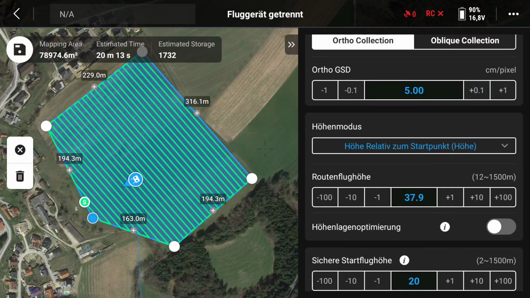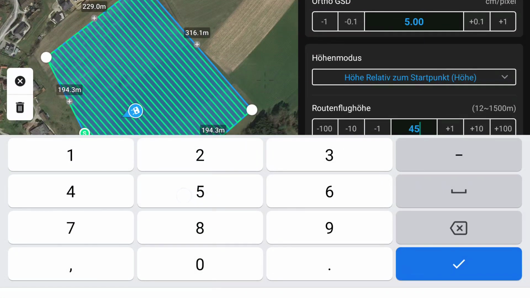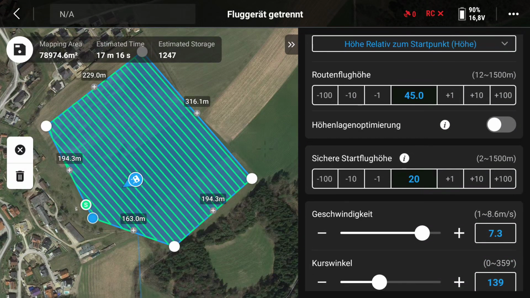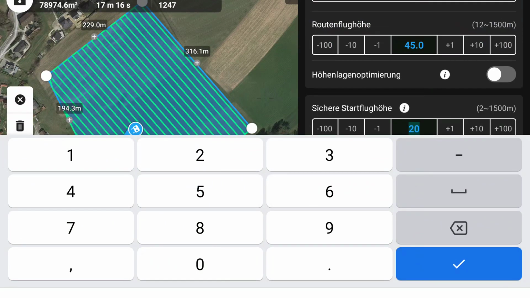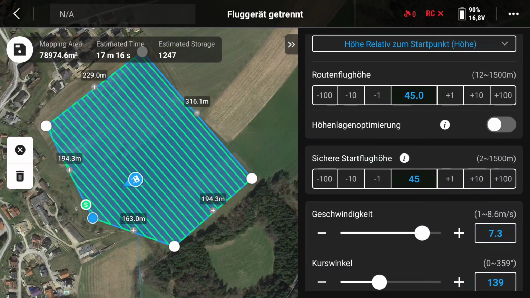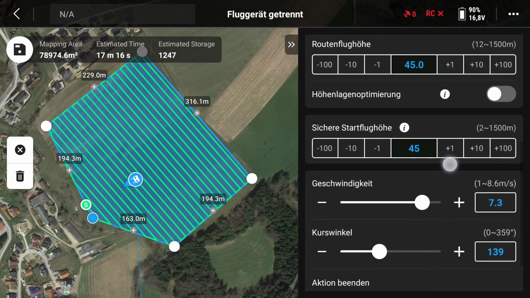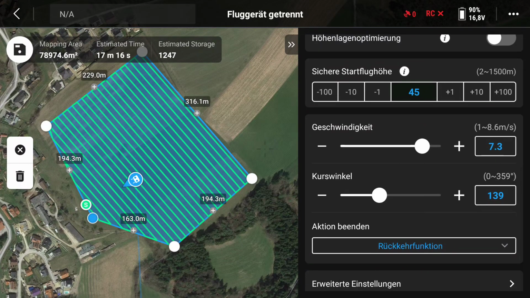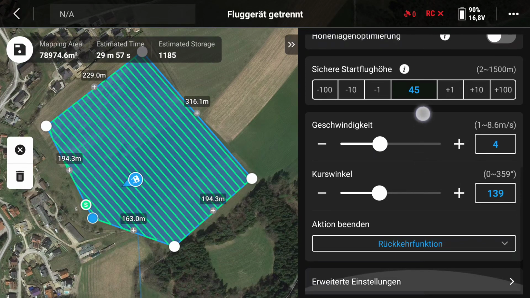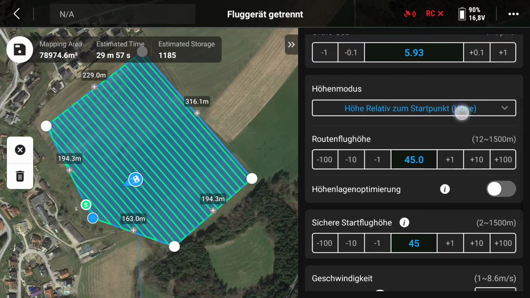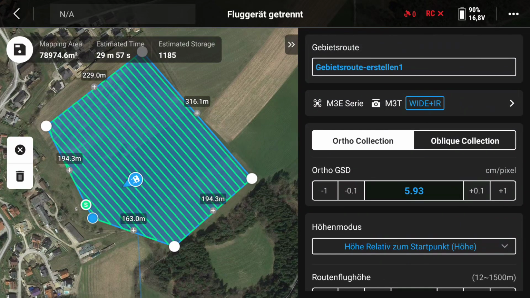Regardless, let's continue. I'm going to just set my usual flight height here at 45 meters. You can multiply that by 3 and add 10% if you want feet, and that'll give you a rough equivalent. And I generally start around my start point, so I'm going to do my safe start height altitude as the same. The speed, I'm going to drop that back, let's just say right around 4, and I don't mess with the angle of the lanes unless it's really fouled up. Okay, so